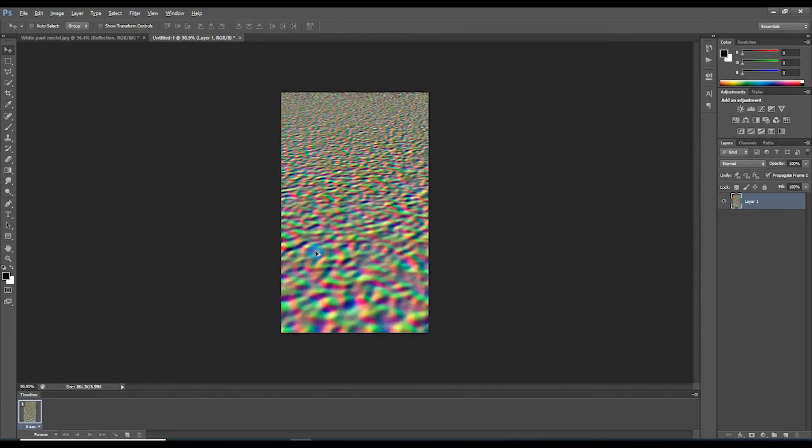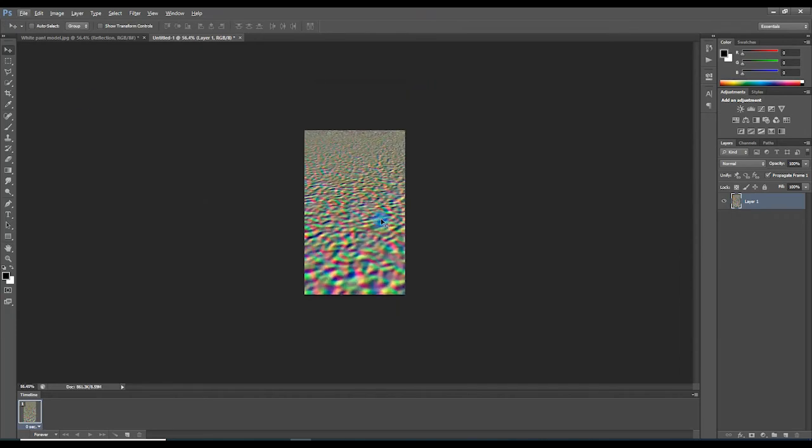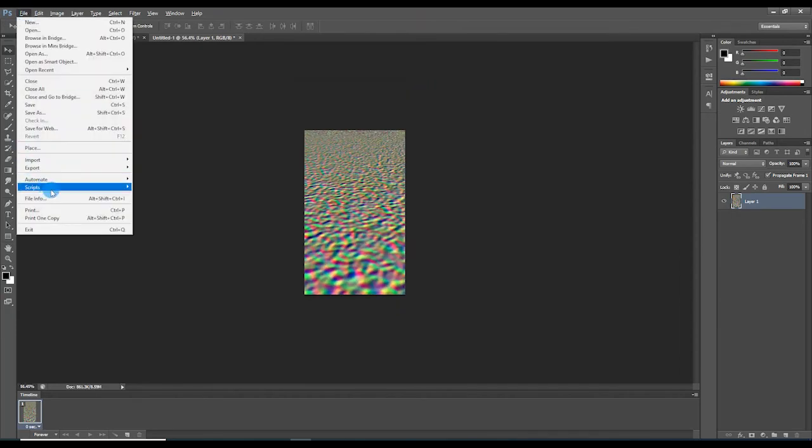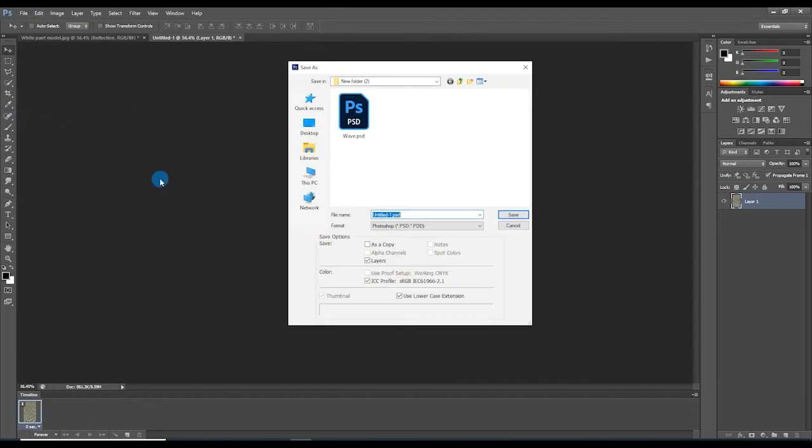You can observe the image looks like colorful ripple water waves. Save this as PSD format with maximum compatibility and close it. This PSD file works as a displacement map to create ripples for our tutorial.